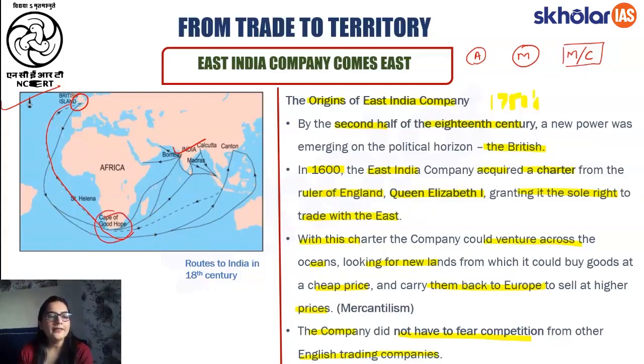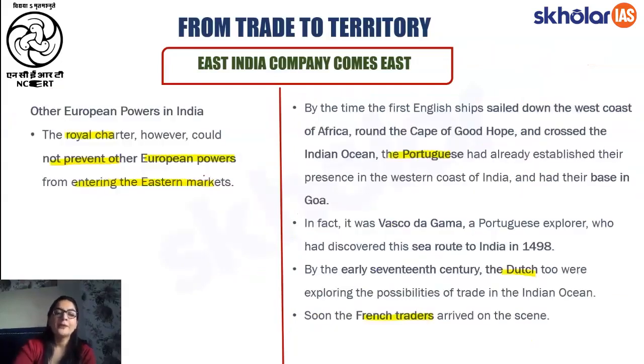The midpoint is Cape of Good Hope, and via the Cape of Good Hope, they could reach some important ports in India, such as Bombay, Madras, Calcutta, etc. So this was the trade route that was taken up by many European countries in order to reach India, wherein the midpoint, that is the Cape of Good Hope in Africa, is important for us, and we have to remember that.